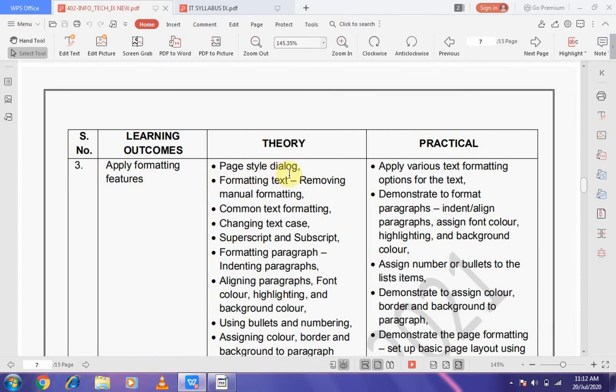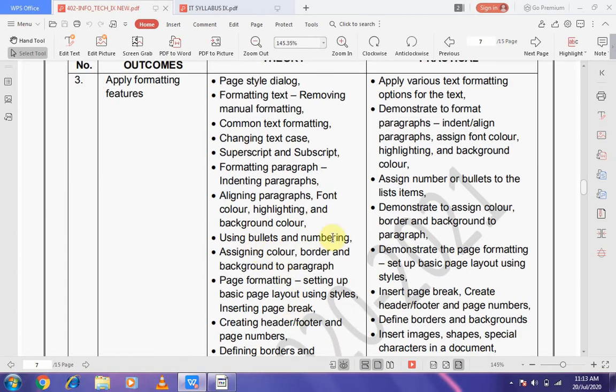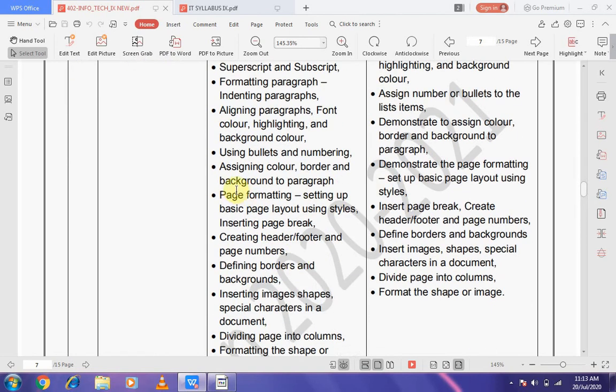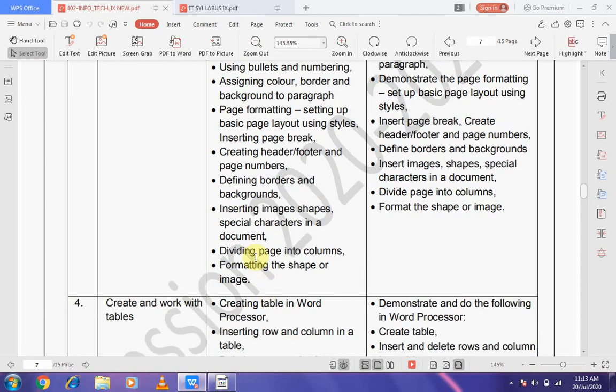applying formatting features, page style dialog, formatting text, removing manual formatting, common text formatting, changing text case, superscript and subscript, formatting paragraph, indenting paragraph, aligning paragraph, font color, highlight and background color, using bullets and numbering, assigning color, border, background to the paragraph, page formatting, setting up basic page layout using style, insert page break, creating header, footer and page number, defining borders and backgrounds, inserting images, shapes, special characters in a document, dividing page into columns, formatting the shapes